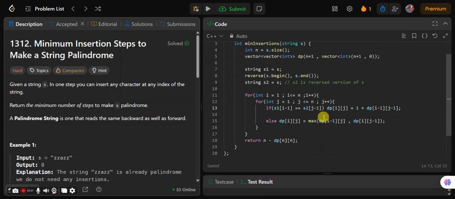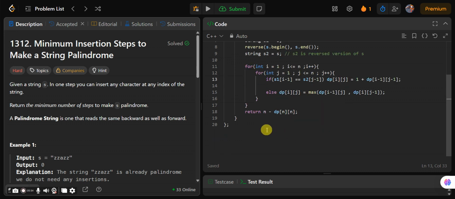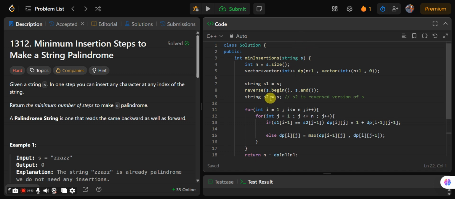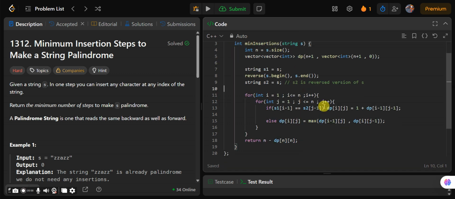So what this means is that if we calculate the length of the longest common subsequence of the original string s and the reversed string s, the longest common subsequence is the subsequence that is a palindrome in the original one.